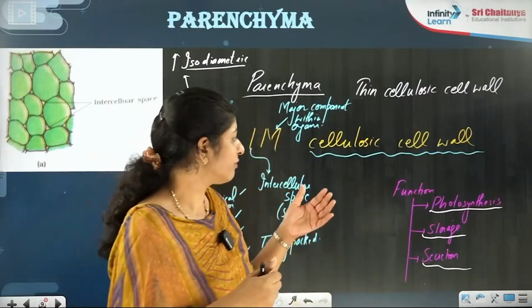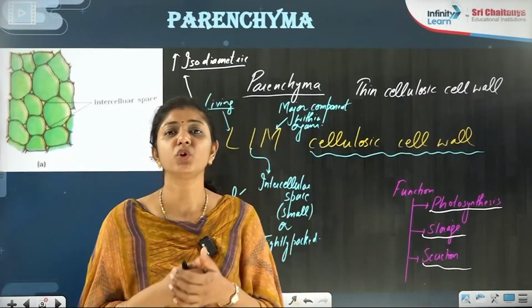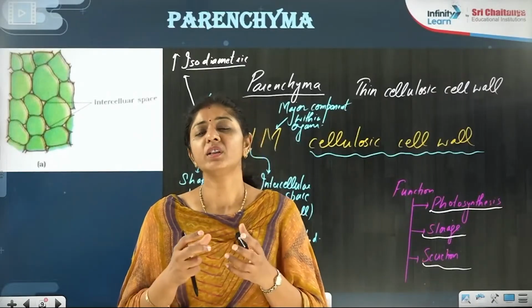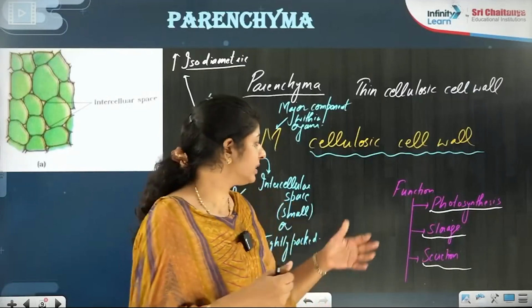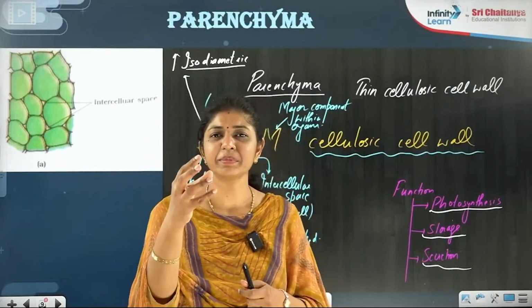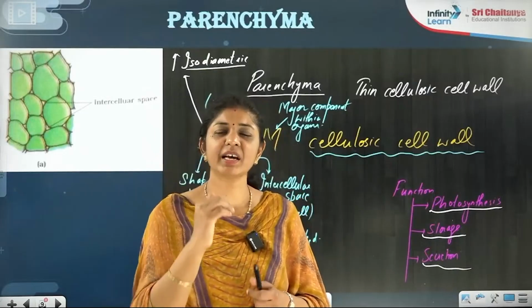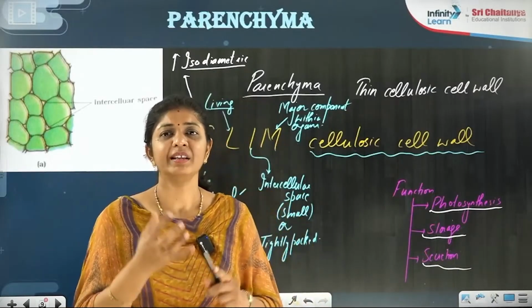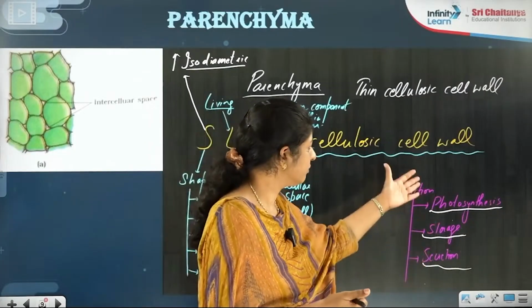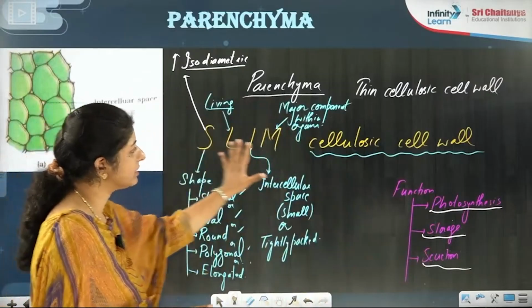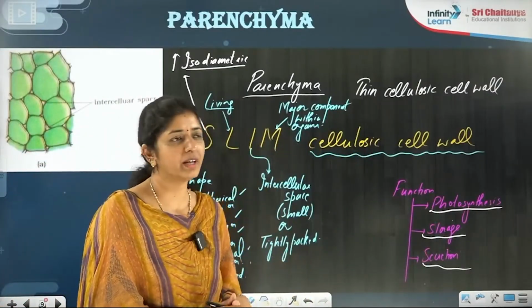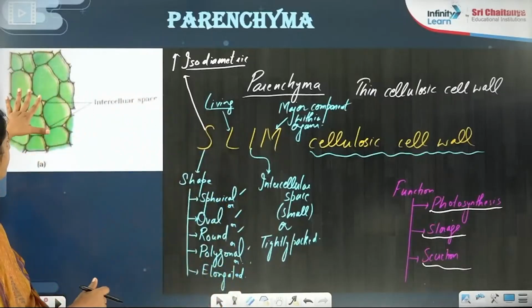Are you getting that? And for storage, if I take roots, like the storage type of roots we discussed in morphology, parenchyma is helping in storage there, right? And secretion, like resin, gums, latex: when you cut the plant, some things come out, like gums you extract from it. That is all stored or secreted by the parenchyma, right? So these are the functions and features of parenchyma. This mnemonic may help you a little bit, or you can learn another way, no issues. Do remember that these are for parenchyma.